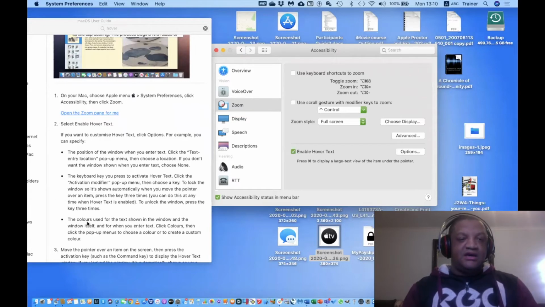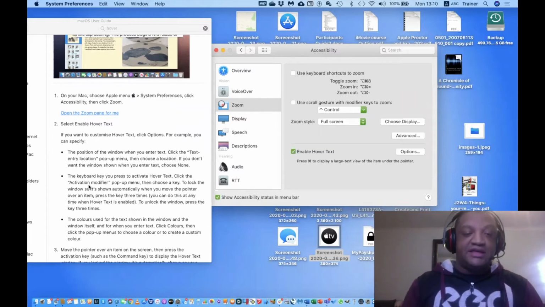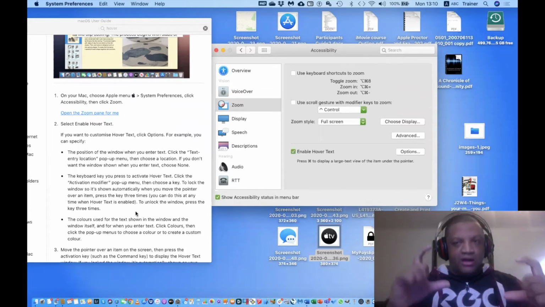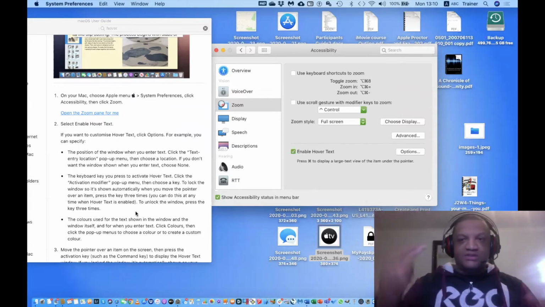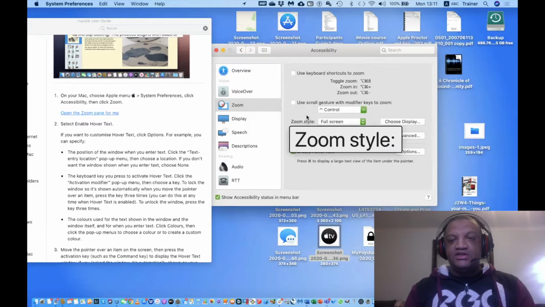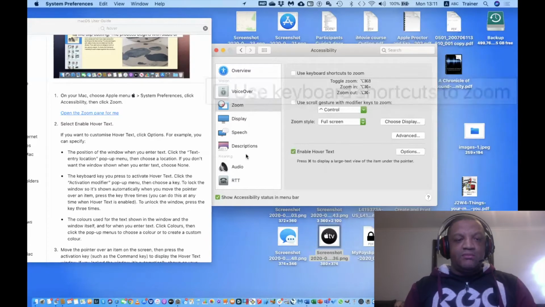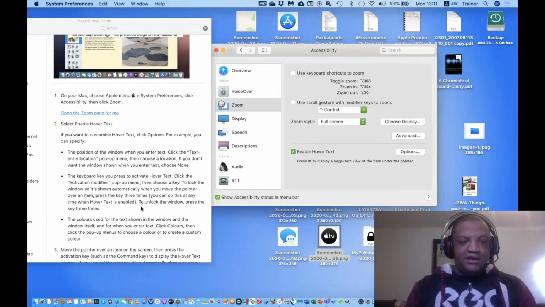It says there that if you position a window and go over text, then it will give you the hover text, or the larger text. And it also says that you can lock it, so wherever you go, it will just give you the larger text. Now, if I look at my hover text, it says there, press the command key to display larger text. So if I hold down my command key and I go to any place, it will actually show me larger text. Okay, pretty cool. But now it says there, if I triple tap my command key,